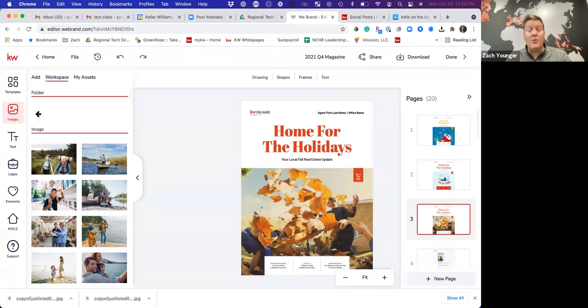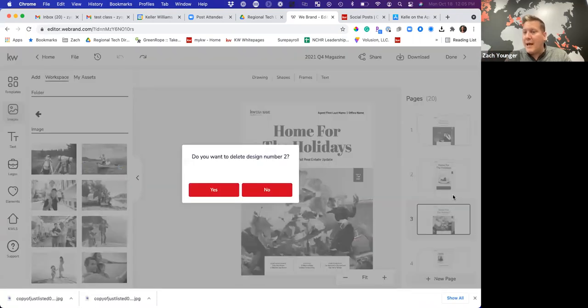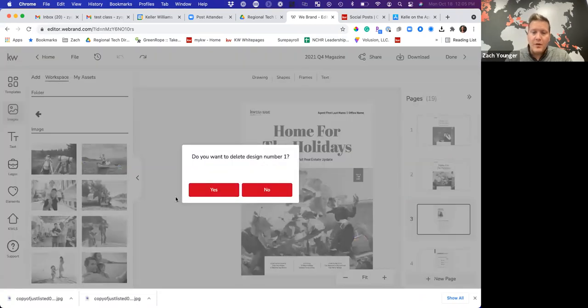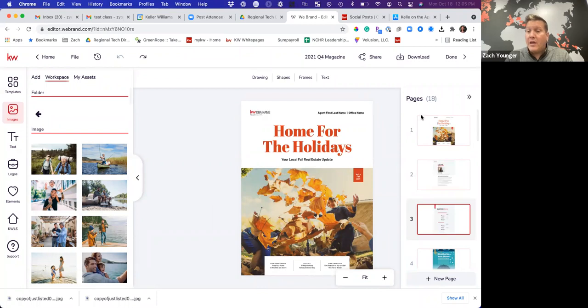So what I'm going to do and what you're going to do if you decide to use this personally branded magazine is you're going to delete the other 2 covers that you're not going to use. To do that, on the right-hand side, I'm just going to scroll over the 2 I don't want. And I'm going to hit the 3 little, what we call an ellipses menu or the meatballs menu, and I'm going to delete that page, because I am going to use the 3rd page, so I'm going to delete the first 2. Now I've got my cover,